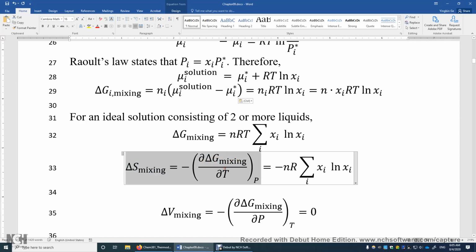This equation comes from the definition of G, actually. G equals H minus TS. H is U plus PV. And eventually you'll get this: dG equals negative S dT plus V dP. Alright, so in this case we learned this